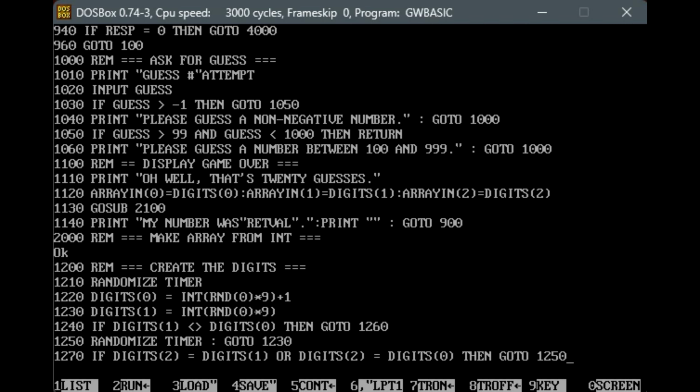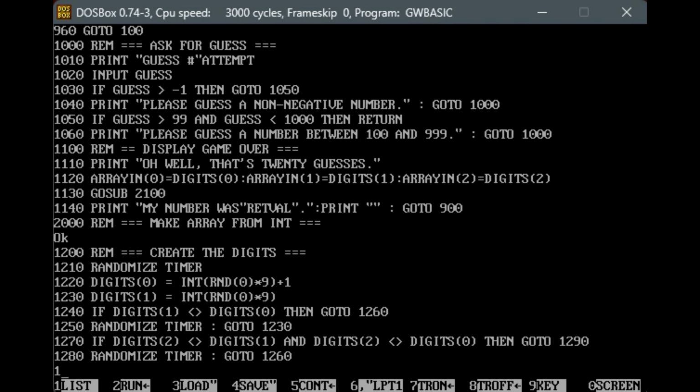This should be go to 1280. It should be 1290. And we'll also make this, if it doesn't equal, and this needs to be and, and this should be less than or equal. All right. Okay, and then 1280 can do randomize timer and go to 1260, and then 1260 can be digits